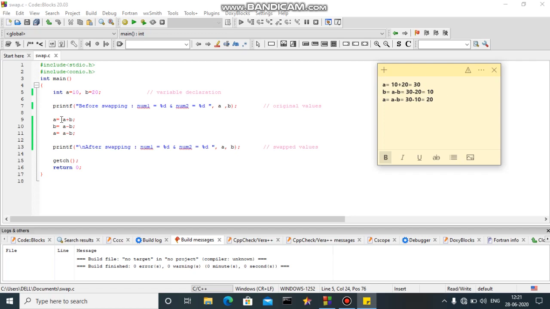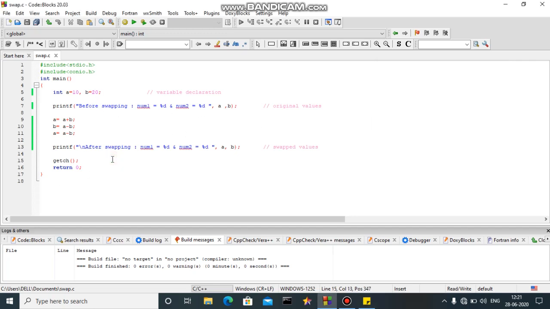Now you will see we have assigned value of a two times, but the compiler will consider the value which is last assigned. We have last assigned this value to a, that is 20. Now you can see our values are swapped. The value of b is 10, that is value of a, and value of a is 20, that is the value of b. So let's compile our program